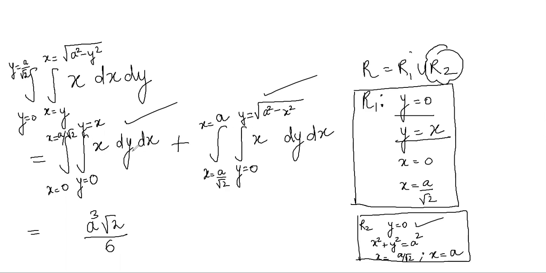Firstly, it will be integrated with respect to y because the order of integration is dy dx. So if we integrate this, we will get xy. And similarly here, we will get xy. And we will put these limits in y because these are the limits of y. And after doing this, it will be reduced to a function of one variable as a problem of definite integral. So you can do it on your own.